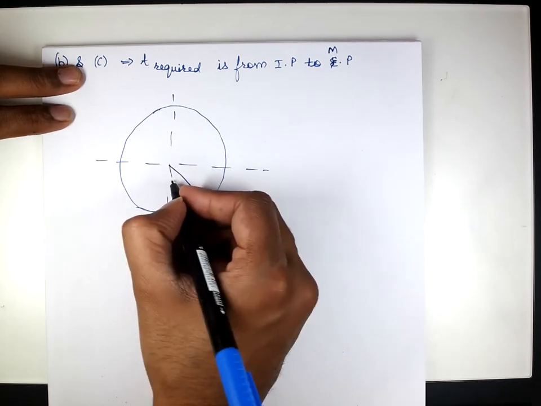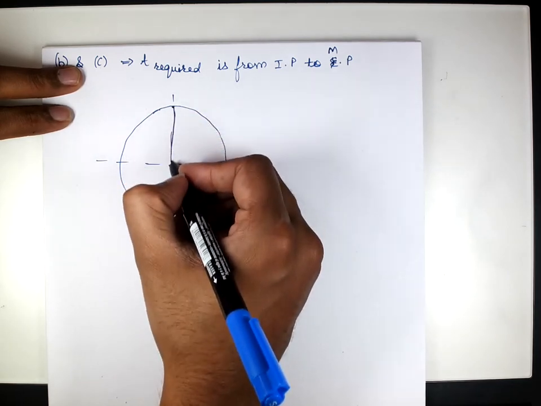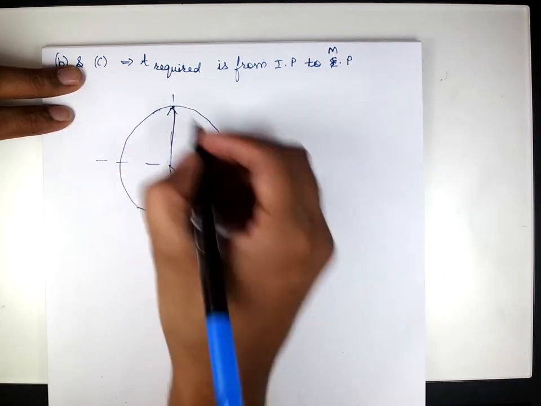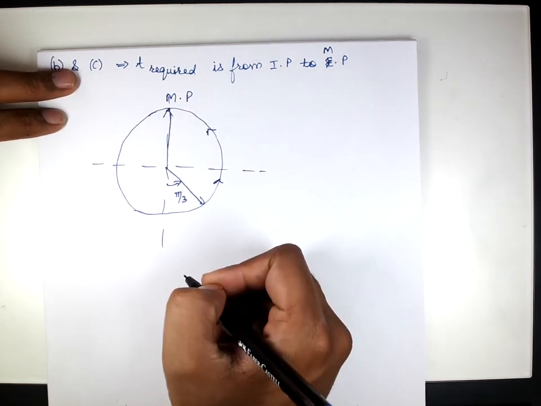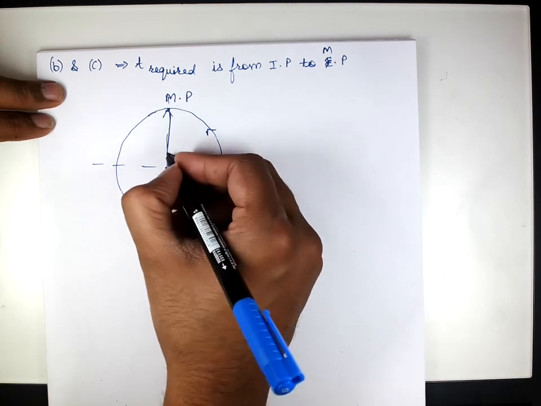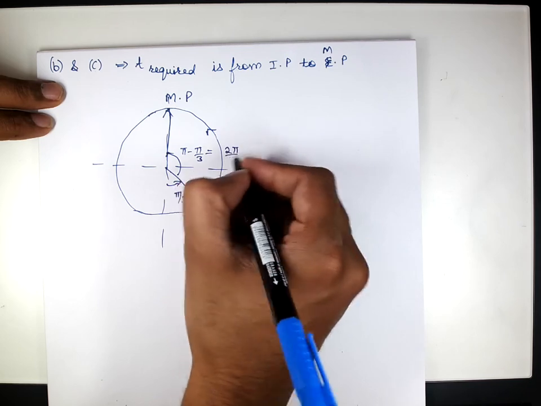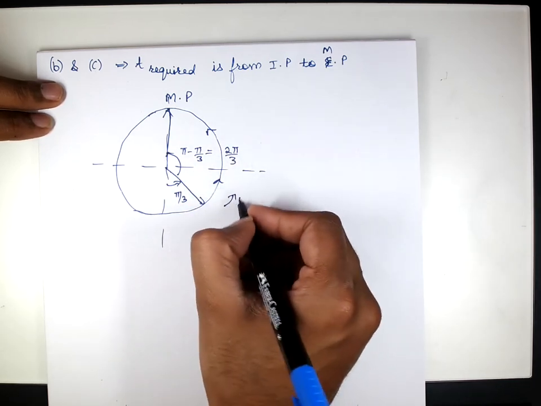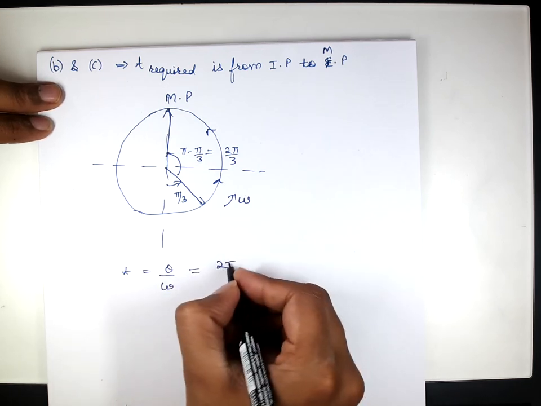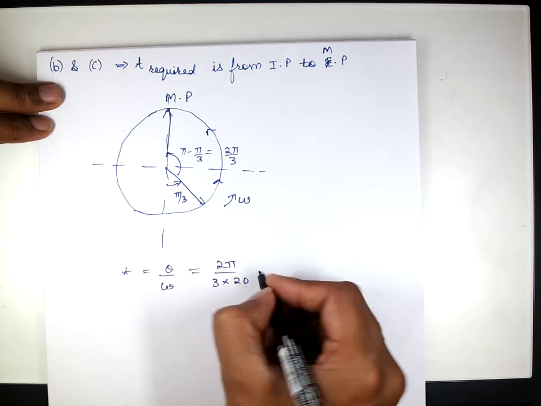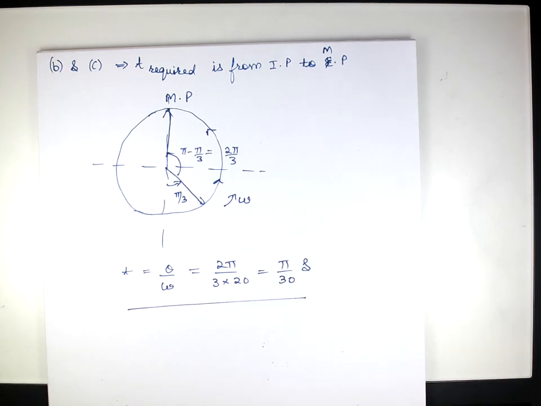If you see the circular motion, initially the particle is at a phase of pi by 3 over here, and ultimately it has to reach up to a particular phase of this particular point, because if you move on a circle, first time you will reach mean position when the vector comes over here. So basically the angle traversed in this case would be pi minus pi by 3 or 2 pi by 3, and that too at an angular velocity of omega. So time required would be equal to theta by omega, or 2 pi by 3 by 20, or pi by 30 seconds, which is the answer to the second and the third problem.